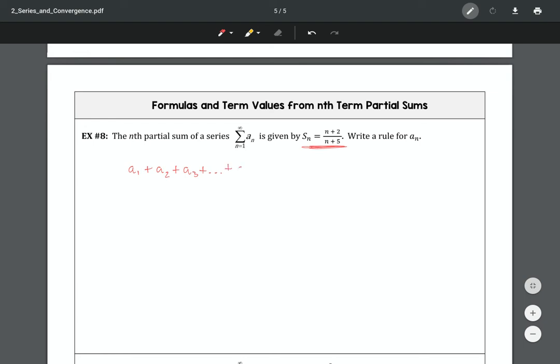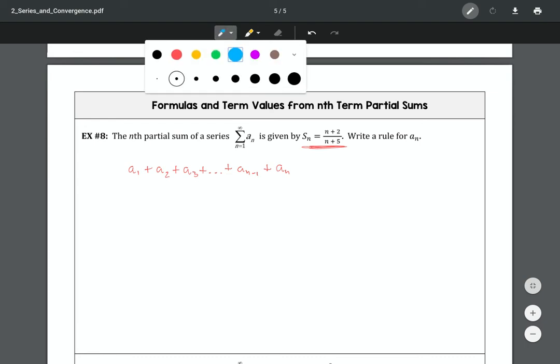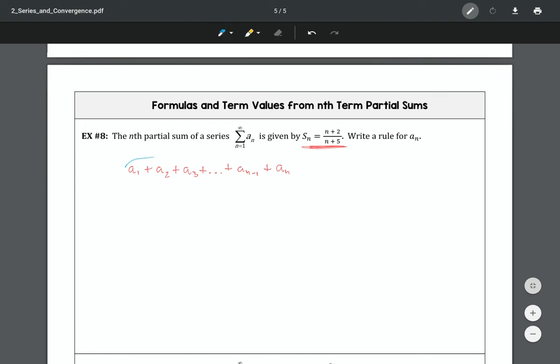So basically, if I keep going, I can write this as n minus 1 plus a to the n. Okay. So now I can say that this sum right here, this sum, let me change colors here. This sum right here, I can call this sum n minus